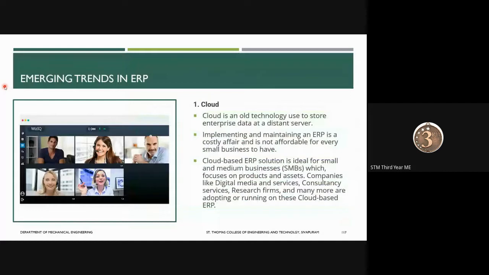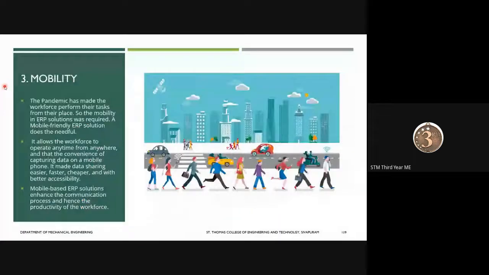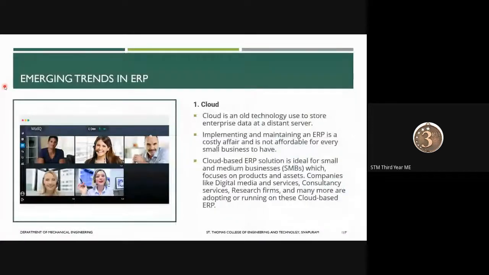Next one is emerging trends in ERP. Some of the common trends that are occurring in ERP are given here. There are about eight types of trends, so we'll look at each and every one of them. First one is cloud. During this pandemic condition, we have already come to know about